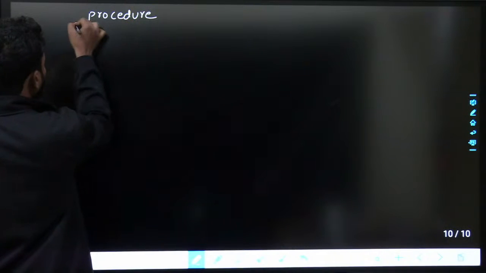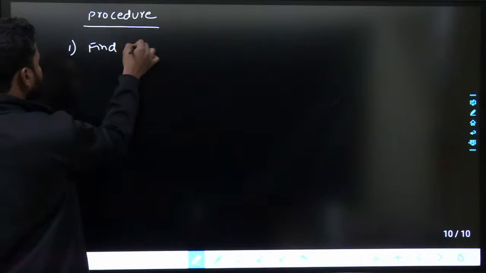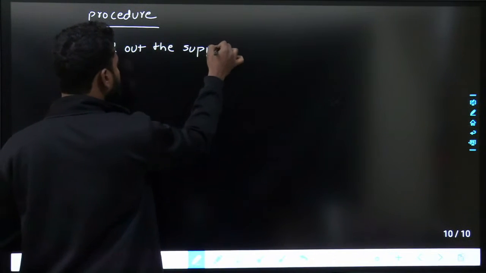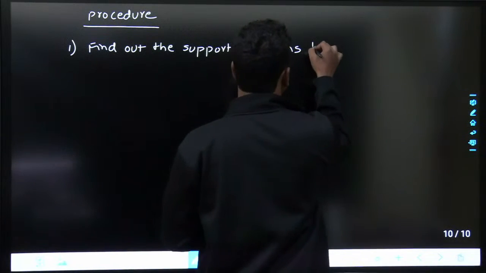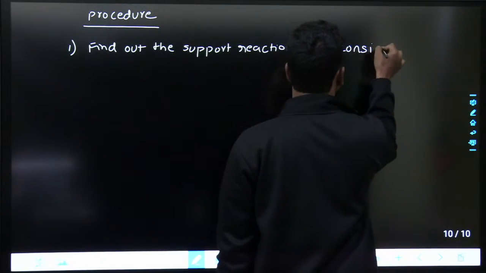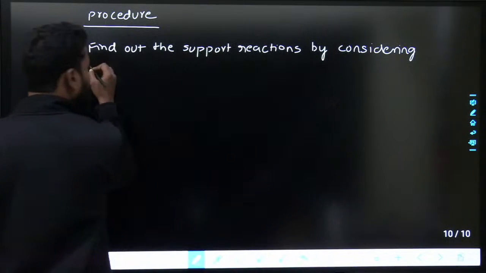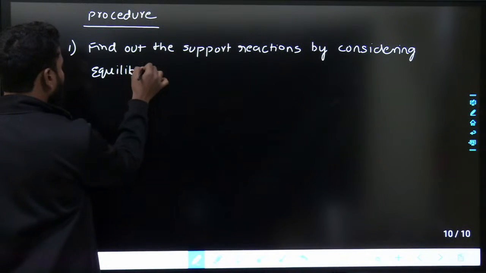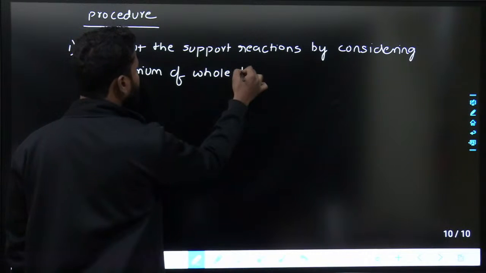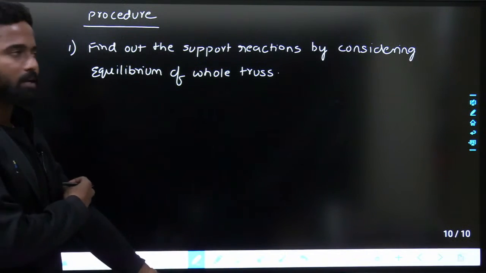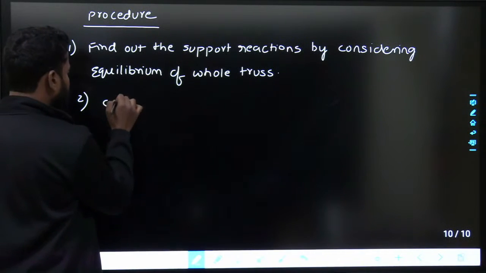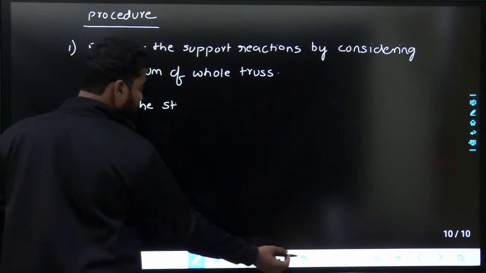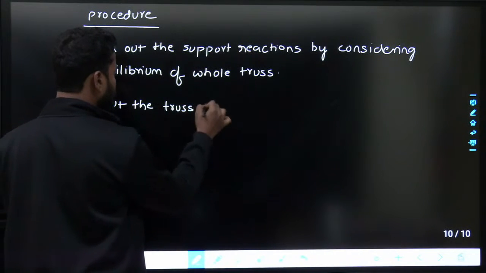So if you ask me the procedure of method of sections, first is find out the support reactions by considering equilibrium of whole truss. This is first point. The second point is cut the truss by a section,